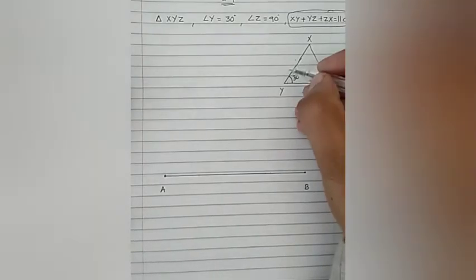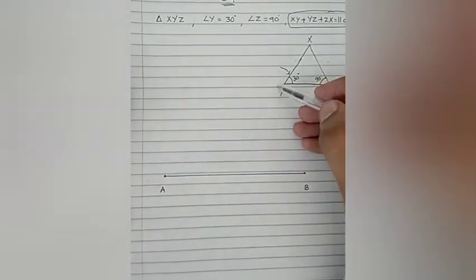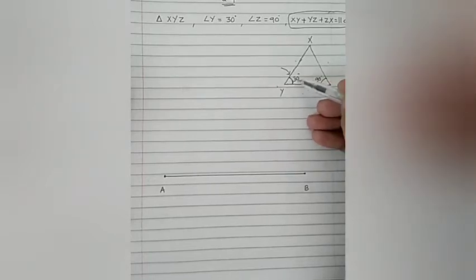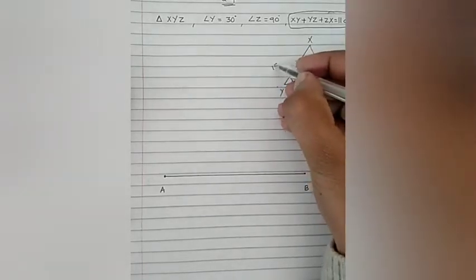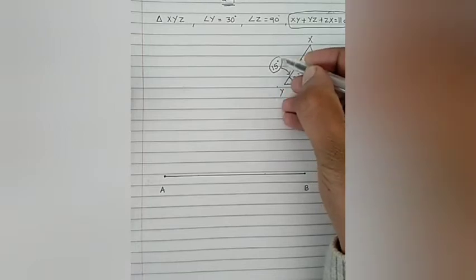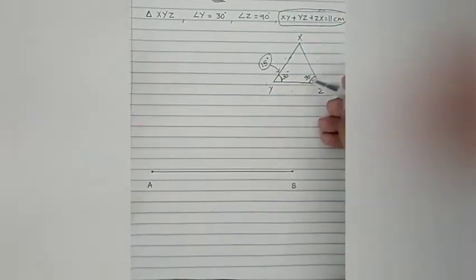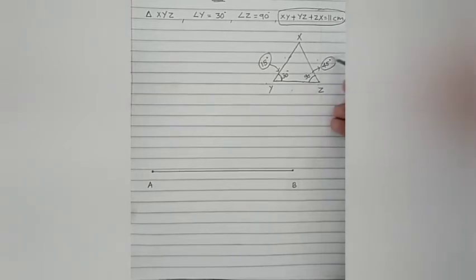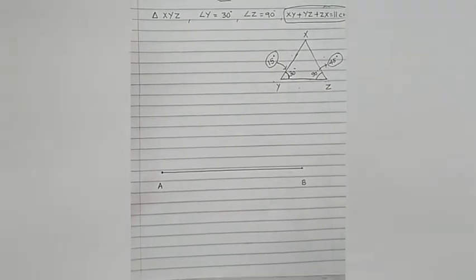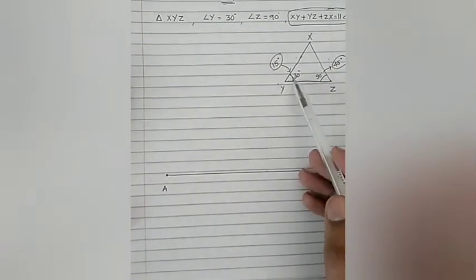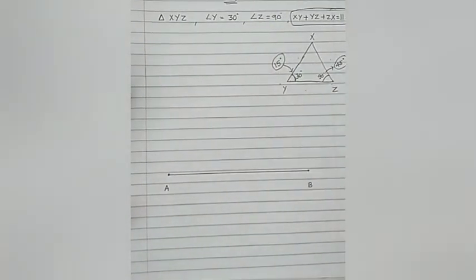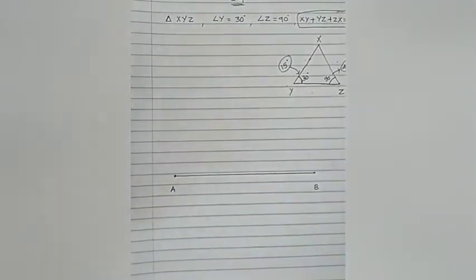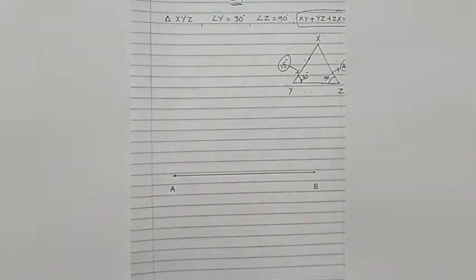Now, in the next step, what I'm going to do is, I know on the left hand side of the triangle, the base angle is 30 degree. But as part of the construction, I'll make 15 degree. And likewise, on the right hand side, the base angle is 90 degree. But I will be making 45 degree. So this is what we are going to proceed next. Okay. So 30 degree is given, and hence half of 30, 15 will be made on this side. So let me proceed with that.